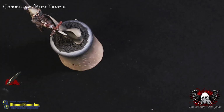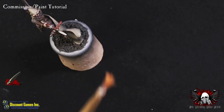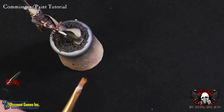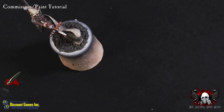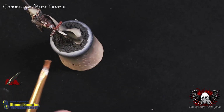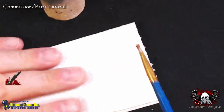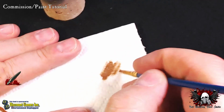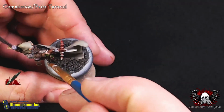Let me get myself situated here for this. By the way, here's the dry brush that I use. Okay, so you put a little bit of your base color on the tip of the brush there. Going to add just a little bit more. And then take a paper towel, and you're going to simply wipe that excess paint off with the paper towel, and then take that brush and lightly drag it over